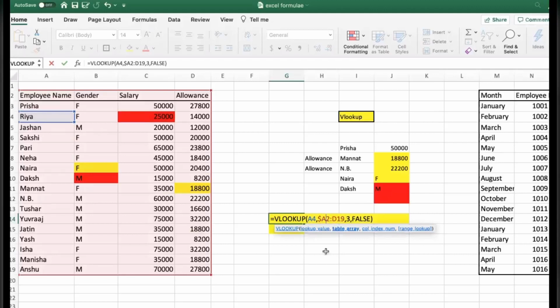For fixing it, I have to put the dollar sign in front of them. See guys, earlier it was A2 and D19. But what I did, I put dollar in front of A and dollar in front of 2. The same thing I did here, dollar in front of D, dollar in front of 19.